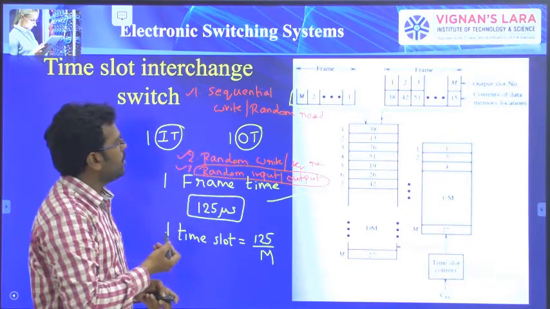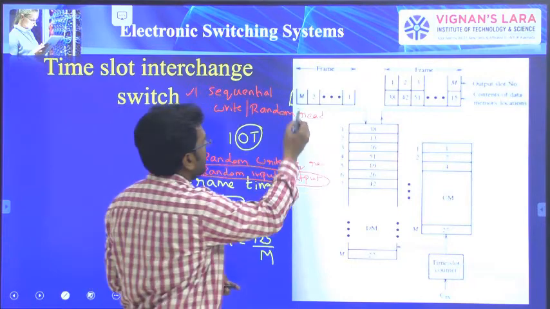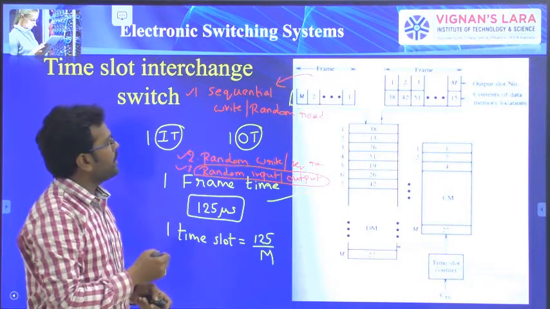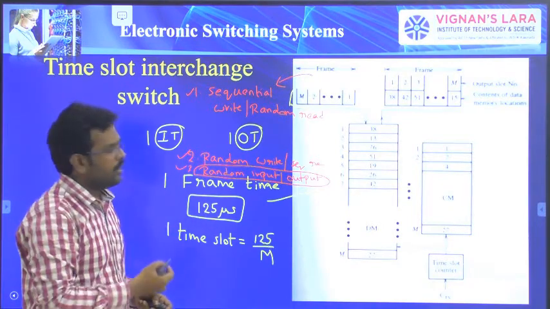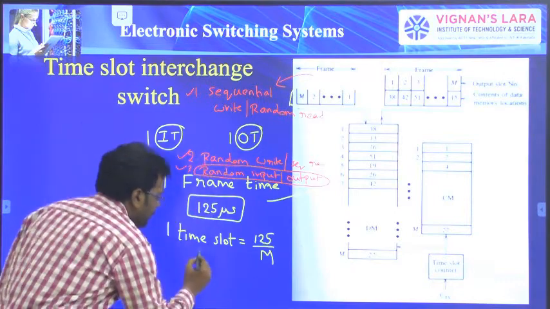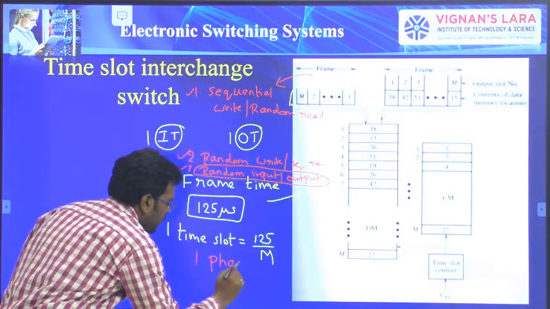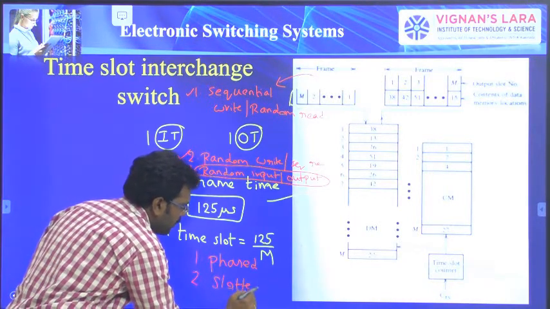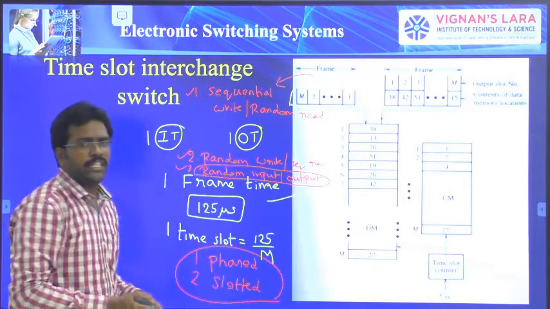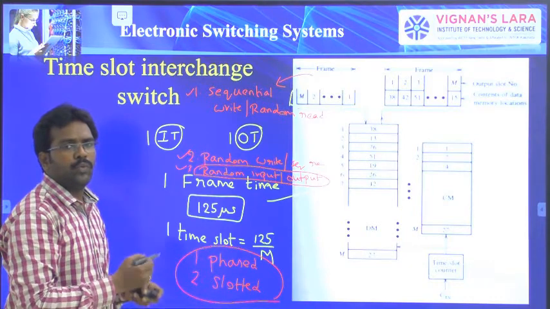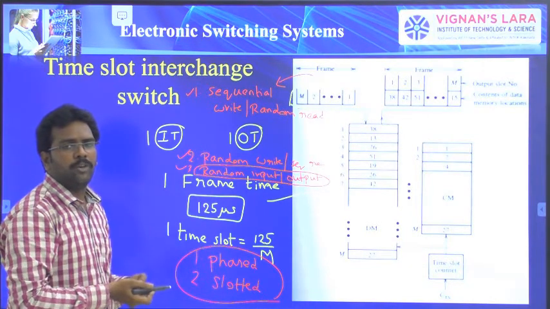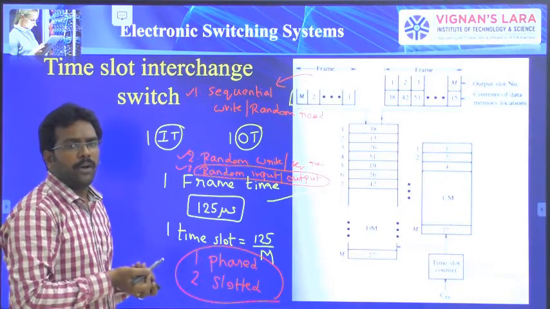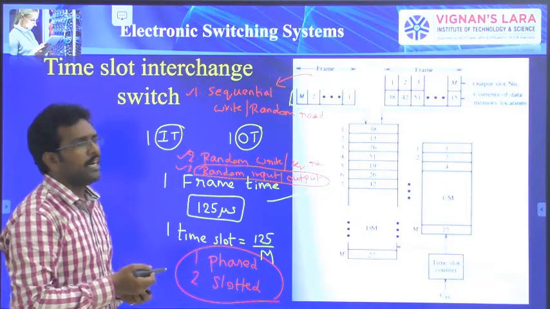All these points you came across in the previous class itself. To explain this concept of TSI, I am taking an example of a sequential write by random read operation. One more thing we observed is that in these three methods, you can explain the operation either in a phased manner or in a slotted manner. I also explained this in the previous class. The phased manner is divided into two phases. In phase 1, it performs the data write operation. In phase 2, it performs data read and control memory read operations, in the case of sequential write by random read.